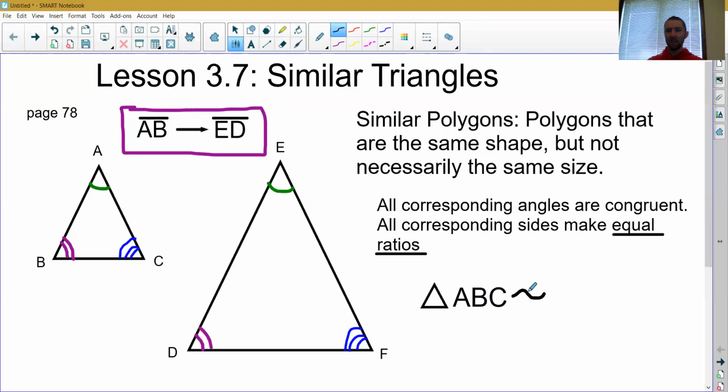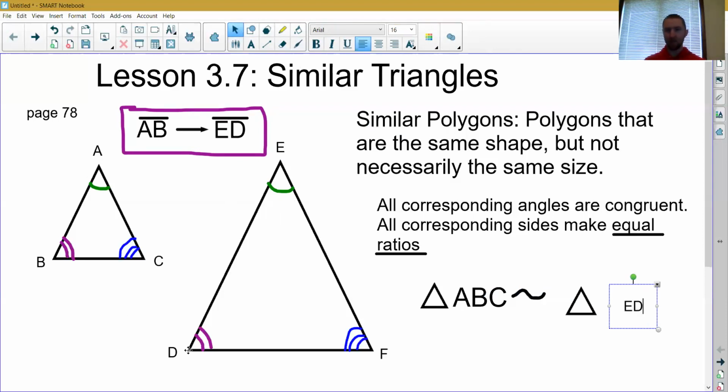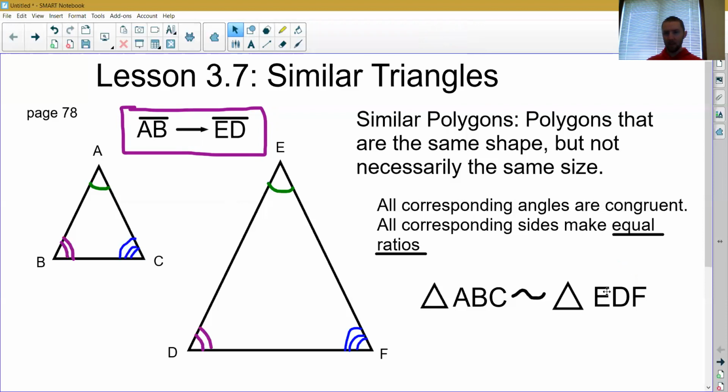Triangle ABC is similar to, again, I'll grab my triangle symbol here. And then in this case, I need to be very careful about my order of points, right? Now that I've named this triangle ABC, I have a very specific way that I need to name this triangle here, okay? A corresponds with E, so I have to start with the letter E. B corresponds with D, so my second letter should be D, and then C corresponds with F, so my third letter should be F. So triangle ABC is similar to, I almost said congruent, it's not congruent, it's similar to